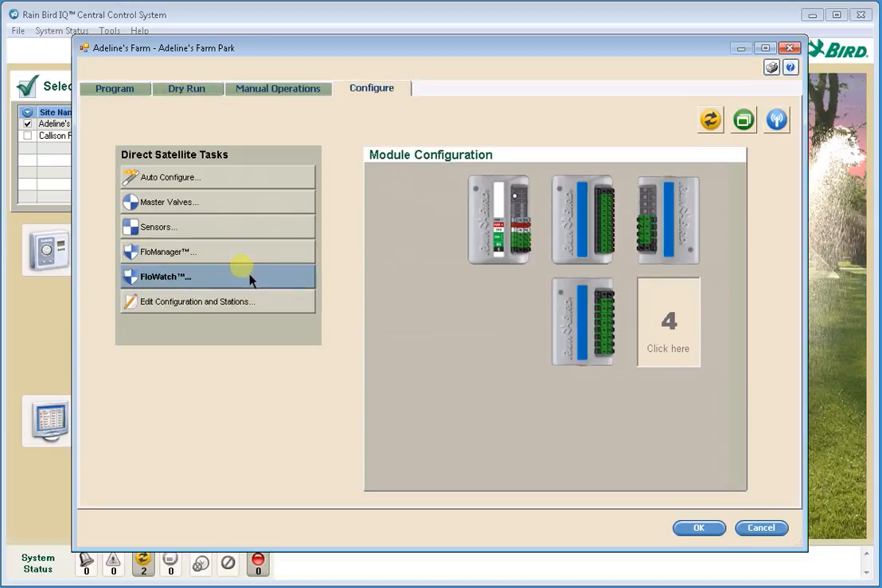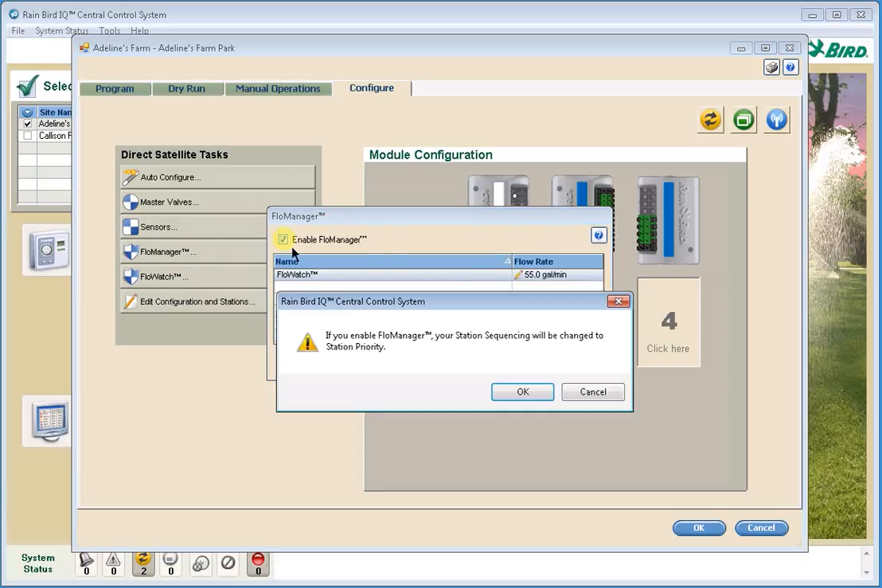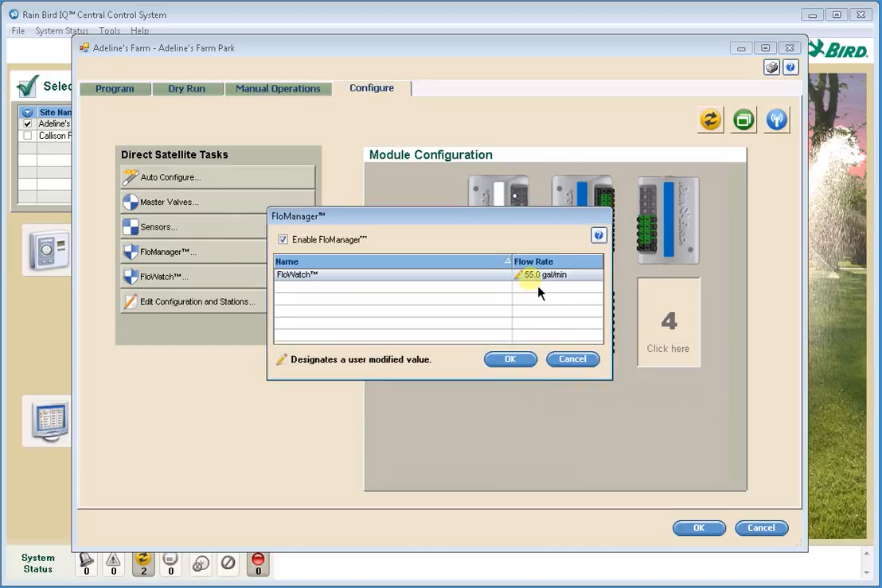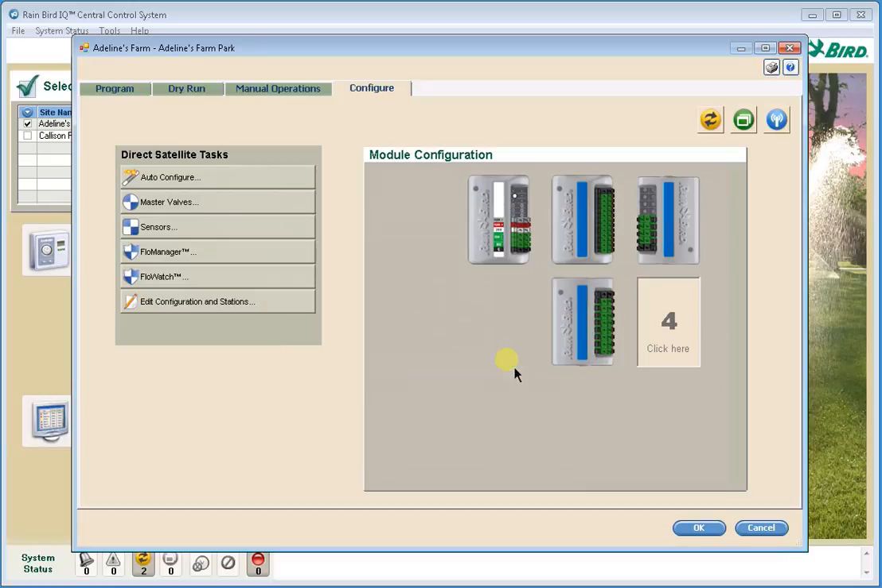So back to the configure tab, there's a tile over here for FloManager. I'm going to enable the FloManager feature. A screen comes up telling us that the controller will need to change its station sequencing options from sequencing by station number to what we call sequencing by station priority. We can go in and affect the order in which stations run by changing their priorities. And then it defaults to the highest station flow rate, which is 55 gallons per minute on this site. I'm going to go ahead and change this. We actually have 100 gallons a minute available from our water source. Okay, so now that I've turned on FloManager,